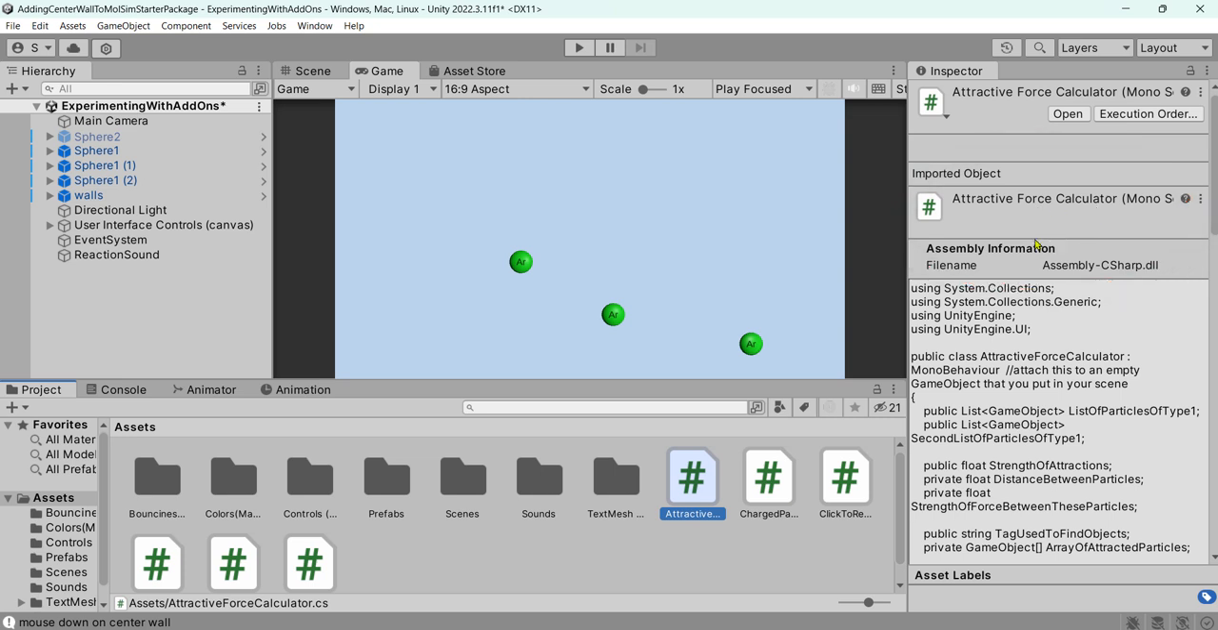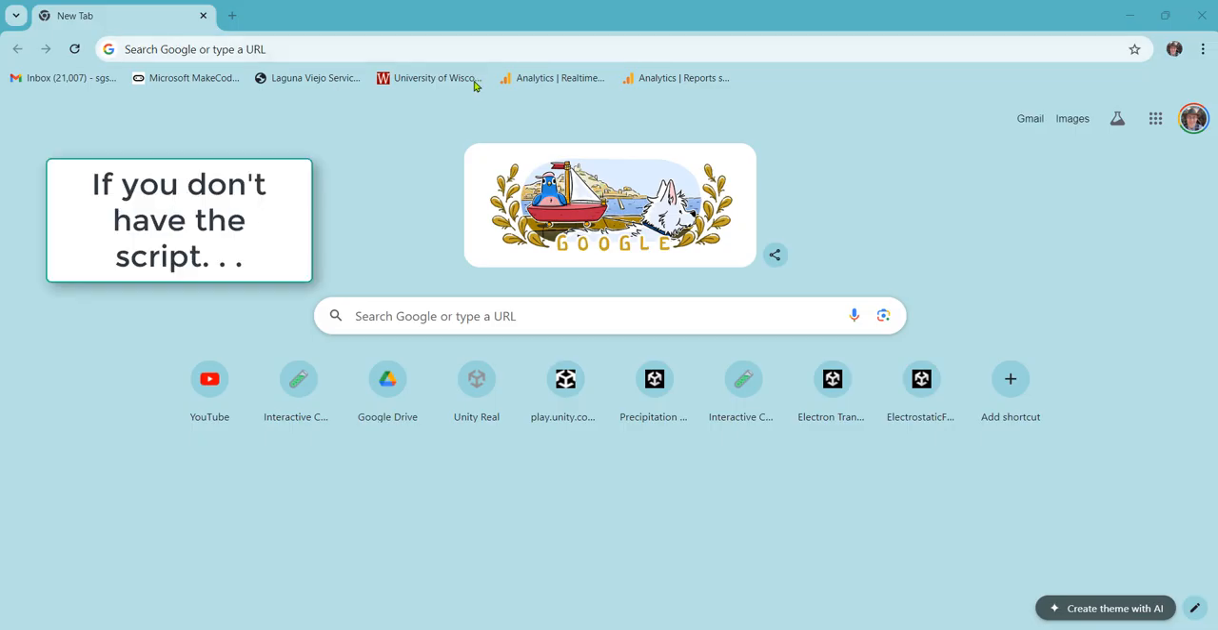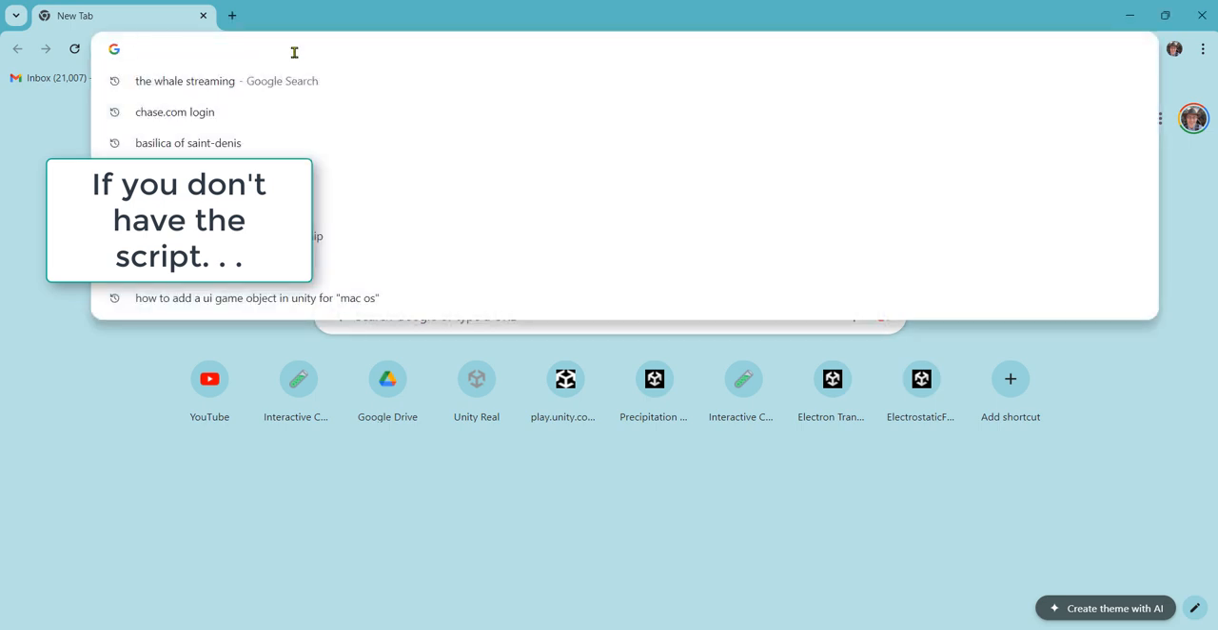So it's not electrostatics. It's if you wanted to, for example, show a non-ideal gas or non-polar interaction, something like that. If your starter package doesn't have this script,